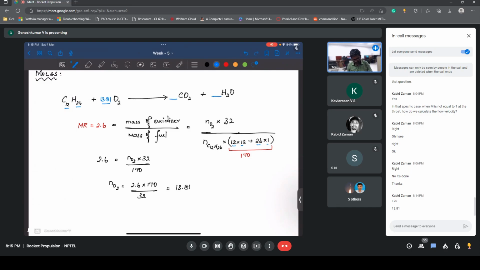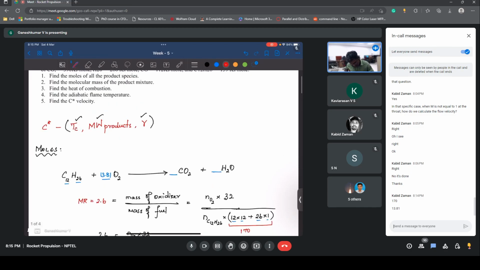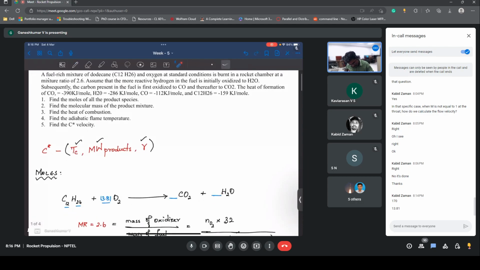So let's go ahead and balance this. How do we balance this? Now, you need to look into the question carefully. It has been told that assume that more reactive hydrogen in the fuel is initially oxidized to H2O. So what has been told is the hydrogen is most reactive, so it will fully get converted to H2O. Okay, and the remaining fully gets converted to CO and thereafter to CO2. Right, first it gets converted to CO, and then if there is extra oxygen remaining,